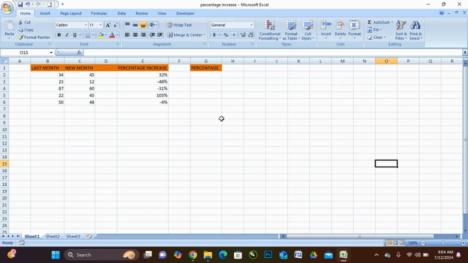Today we will learn how to calculate percentage in Excel. To begin, open up the Excel worksheet you want to find the percentage for. Now, to calculate the percentage for this data, you click on an empty cell where you want to display your